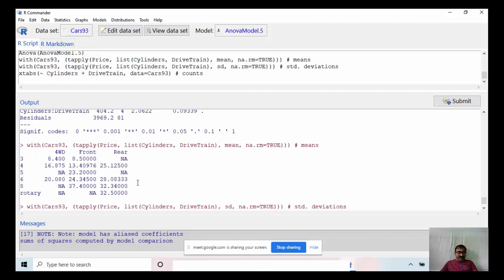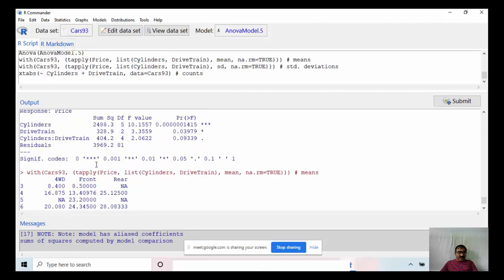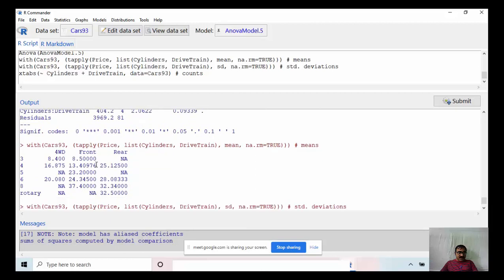So here how they vary. 4WD means four wheel drive, then only front drive, only rear drive, and this is the number of cylinders. So this is the table of average values.